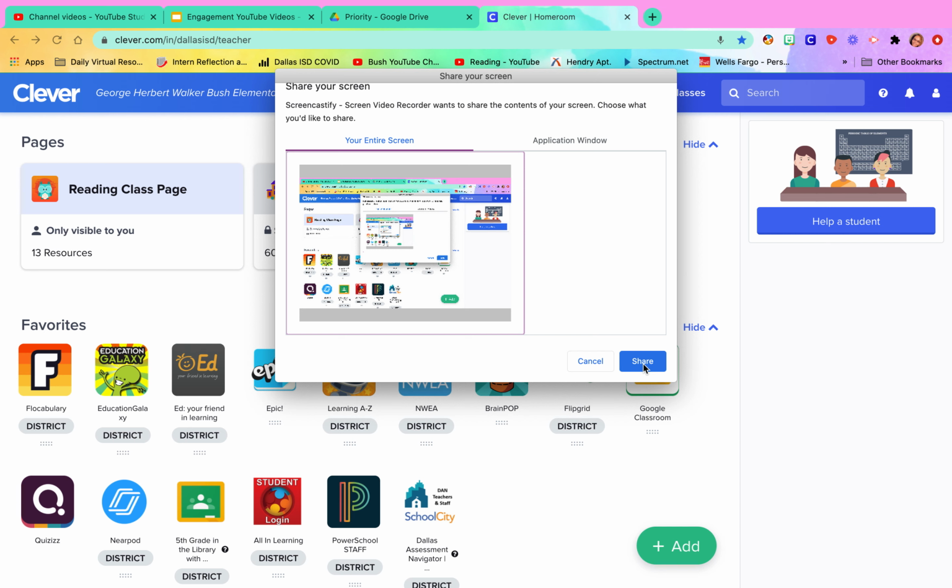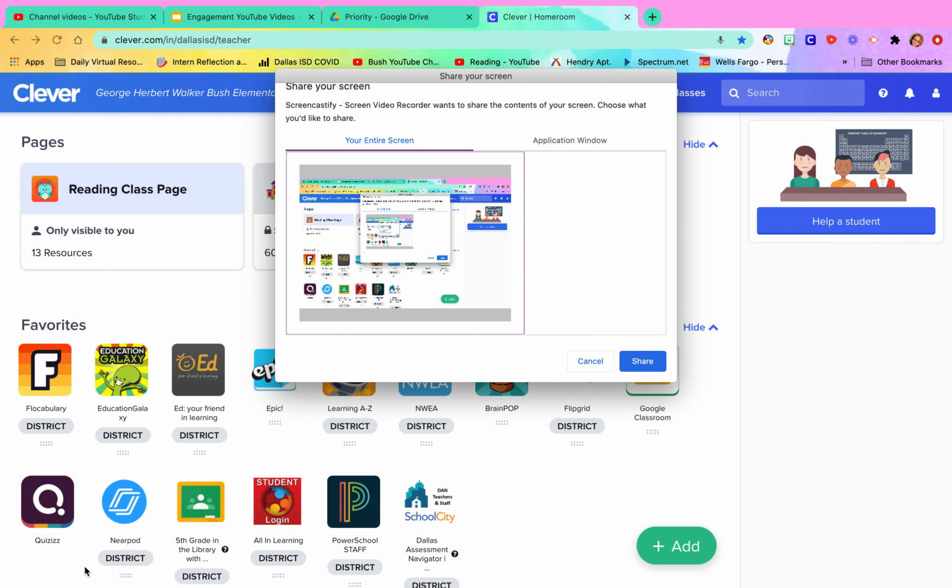When you're done recording it, you will just press the stop button. So right here in your left-hand corner, you will get a little toolbar. I won't get it right now because I'm screen recording, but I just want you to know what you will get. And it will have a pause button and a stop button. You can pause it, and then you can replay it,